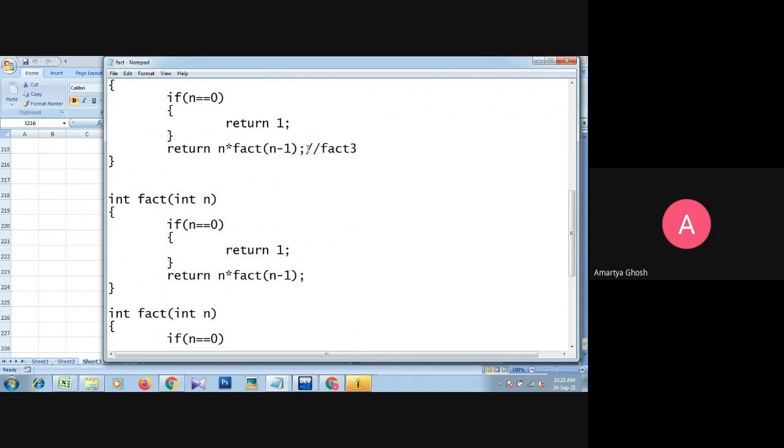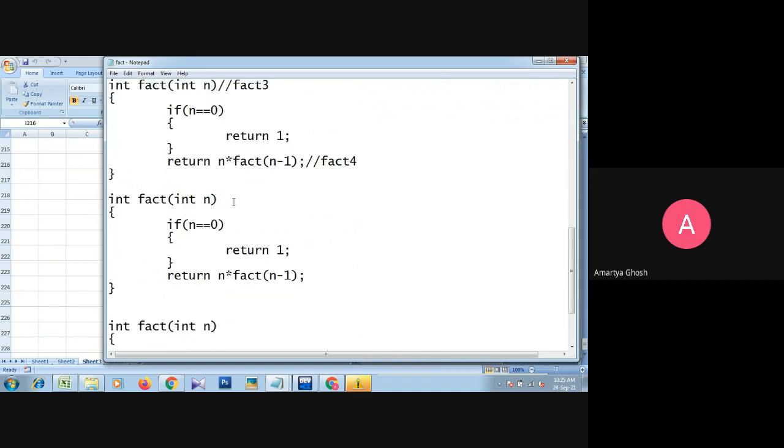Okay. So again, here fact function 3 is called, and here is the body of fact function 3. And here fact function 4 is called within the body of fact function 3, and this is the body of fact function 4.